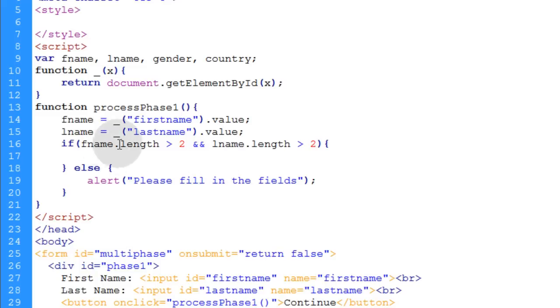So if the first name length is greater than 2 characters and the last name length is greater than 2 characters, then we'll accept it and run some code to make the program continue. Else, if they're less than 3 characters, then you're going to run this alert to tell them please fill in the fields more. So now at this point, your fname and lname variables already have the value of what they typed into the field. So if you check the lengths and lengths are good, then you can run code like